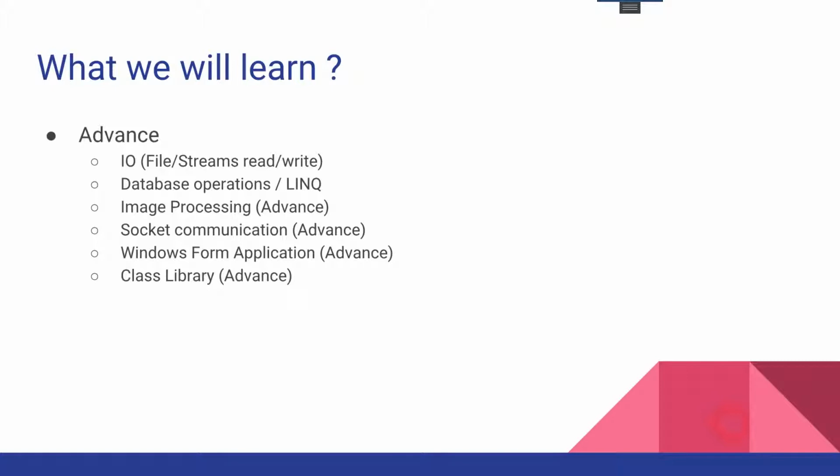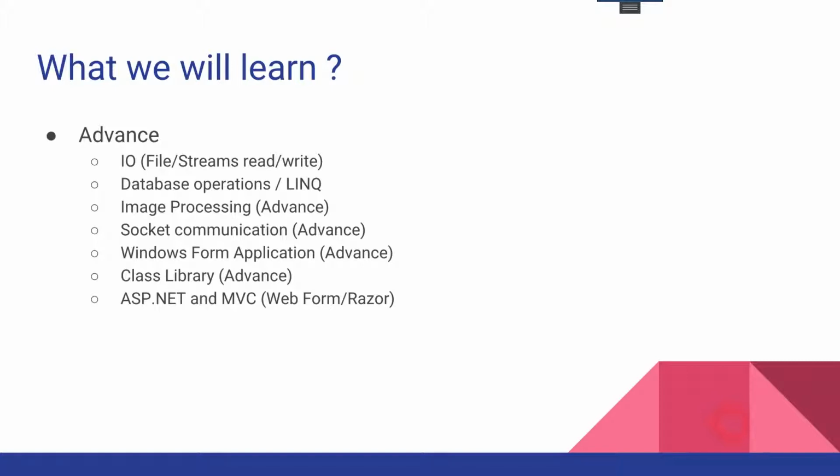So for example, if you have a program running, you got a GUI, which is a Windows Form application, but behind this application, there are so many services running, which are working in the background to do the processing of the program. So we will create a class library, and then we will move to the web application part where we